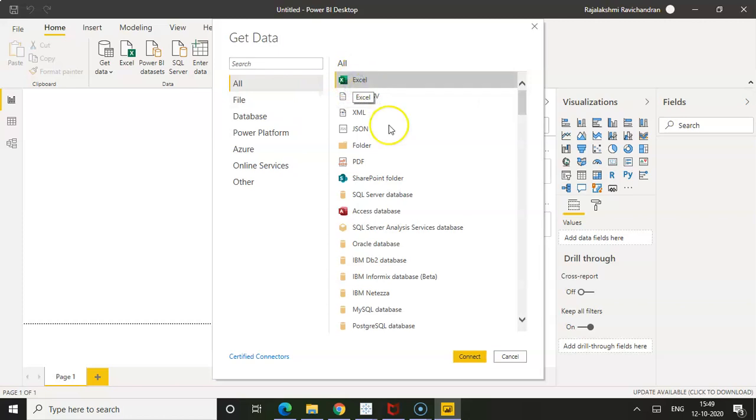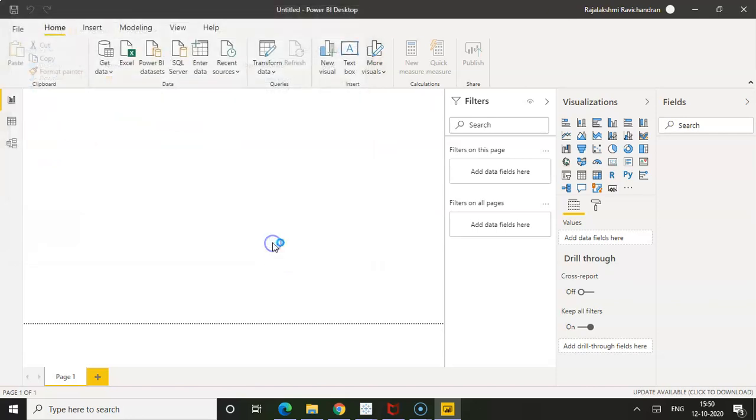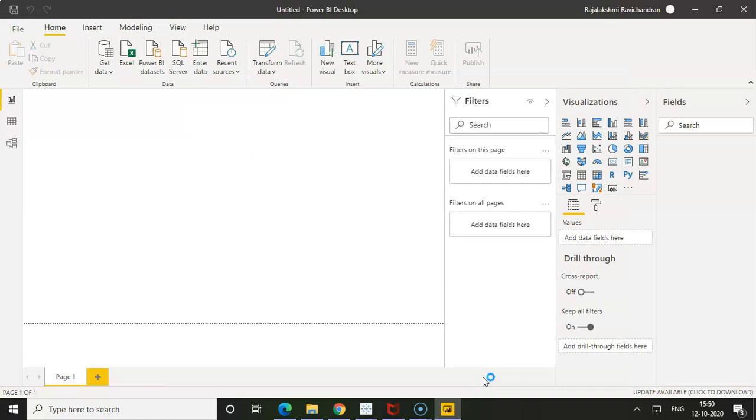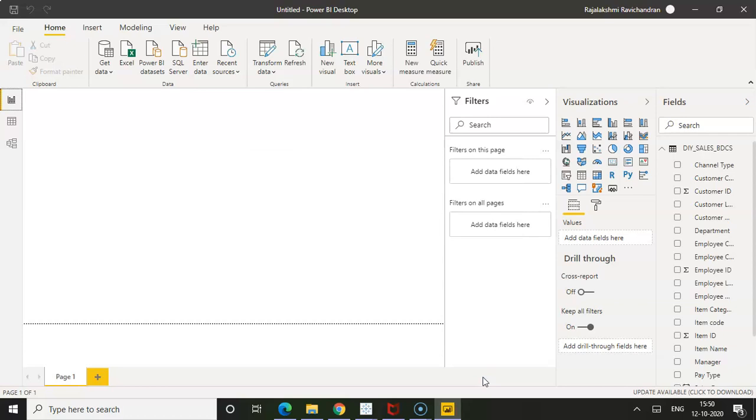So I'm connecting to one more Excel file. Now before using this data to create your visualizations, I'm going to show you how to transform this data according to the business needs using Power Query Editor.